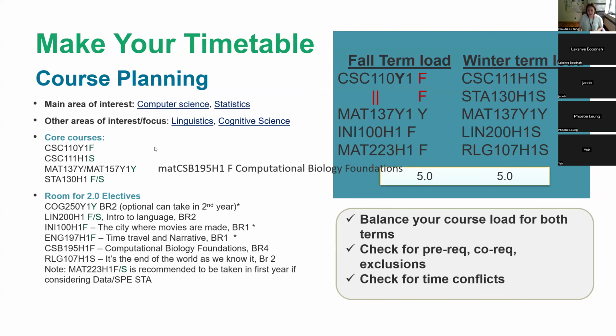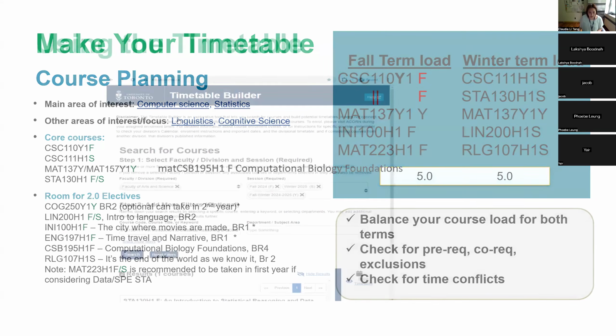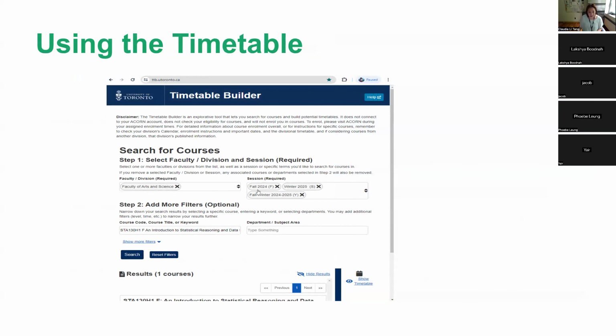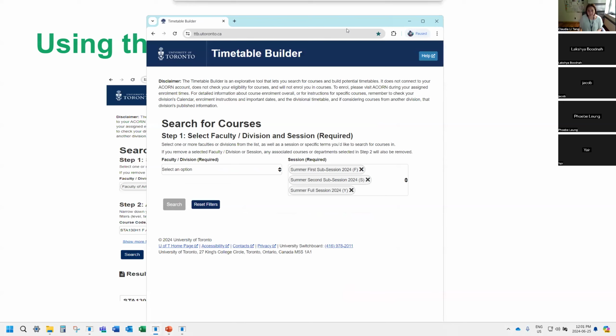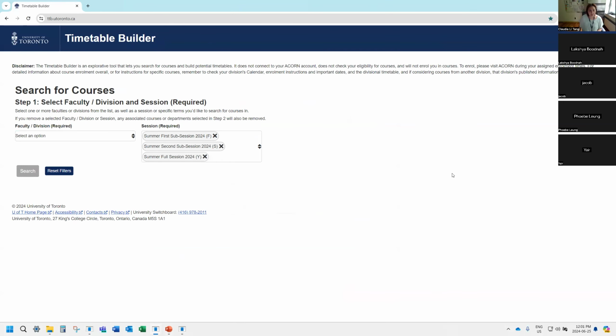Okay, so it's important that you do that. So I'm going to now go into the timetable just to show you how it will look when you're counseling. So this is the timetable. I need to show you here how this works. So the first thing when you go to the timetable builder, it's important that you choose the